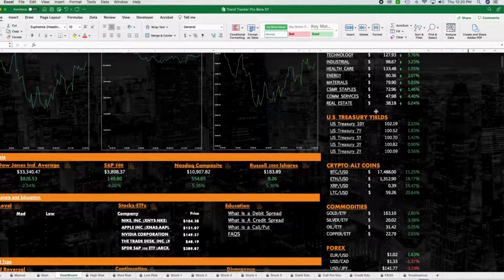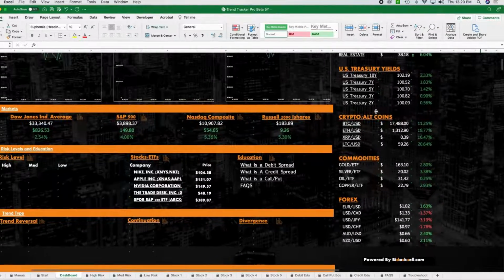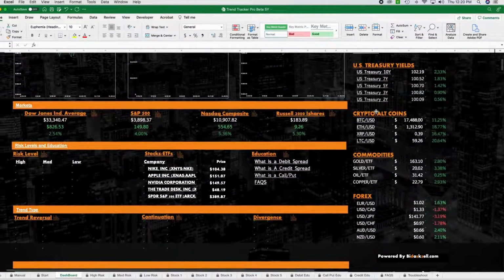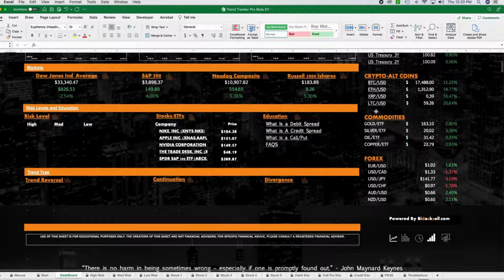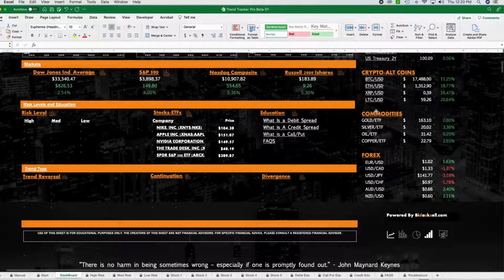Treasury yield information and the most recent pricing information regarding the Treasury yields. You also have the most recent crypto coin and altcoin prices. There's some nuances with using Microsoft Excel for that. They don't necessarily have access to the most recent coins. I would love to have included some of the newer and cooler coins. However, I had to go with the ones that I felt would be there and that were available in